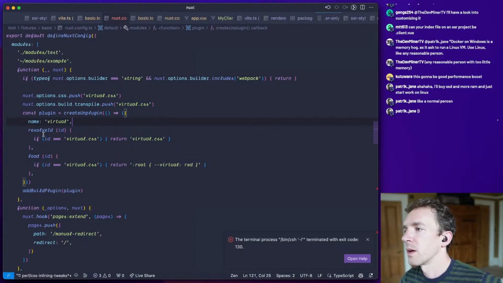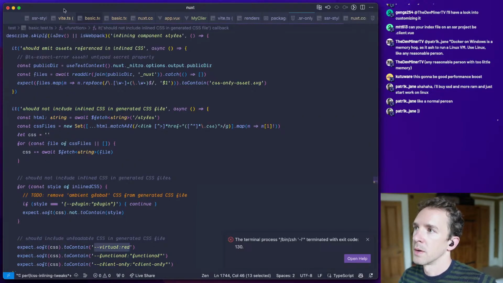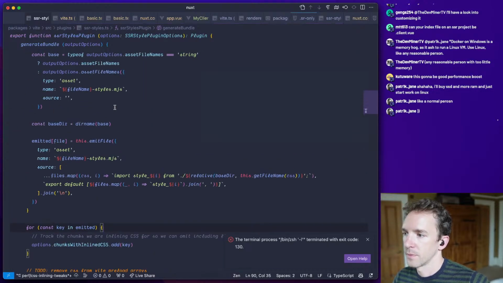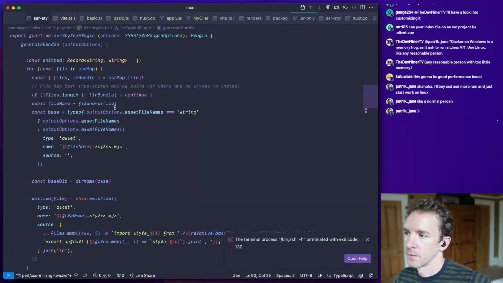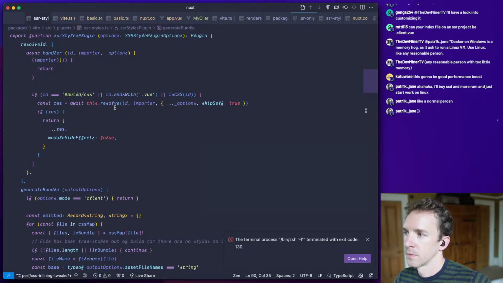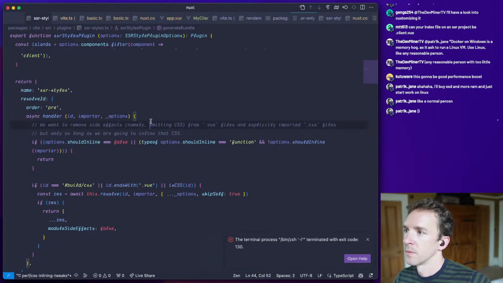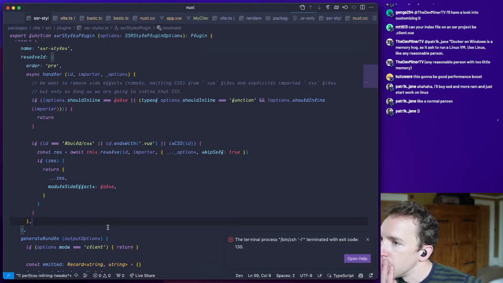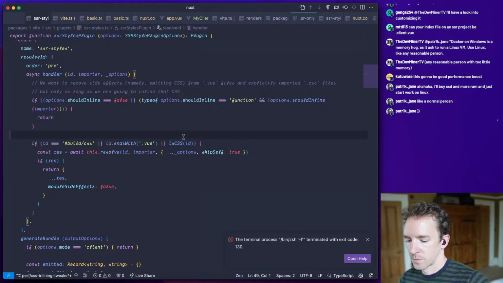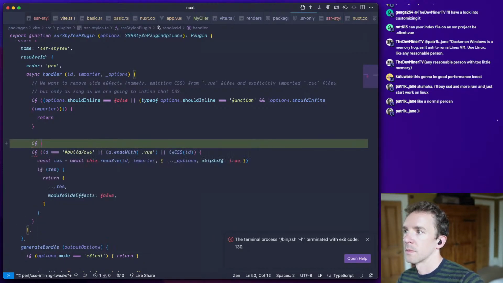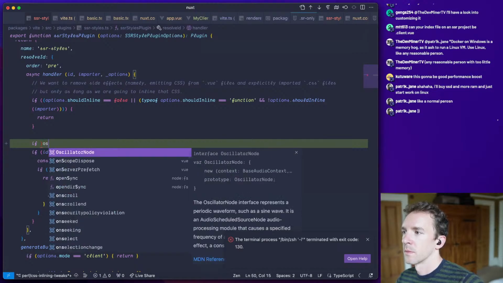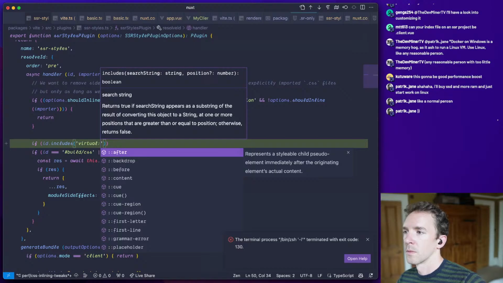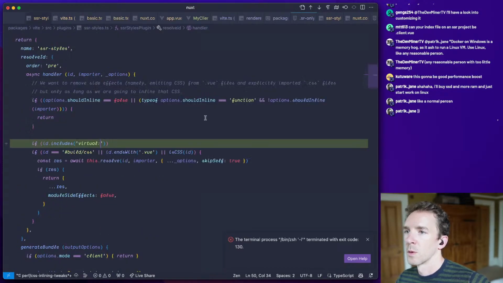Okay, so resolve ID and load. Which one was it?